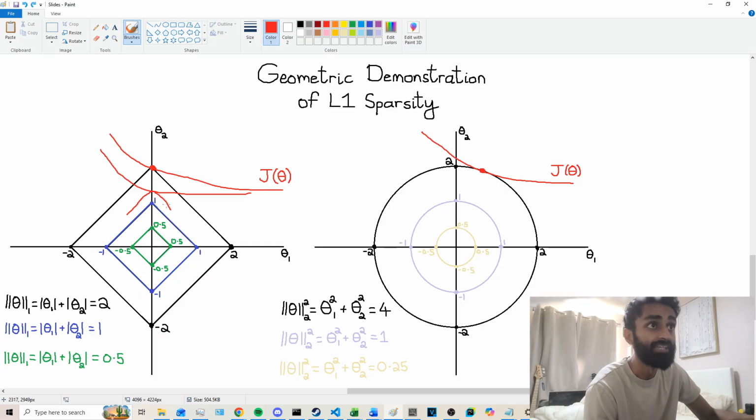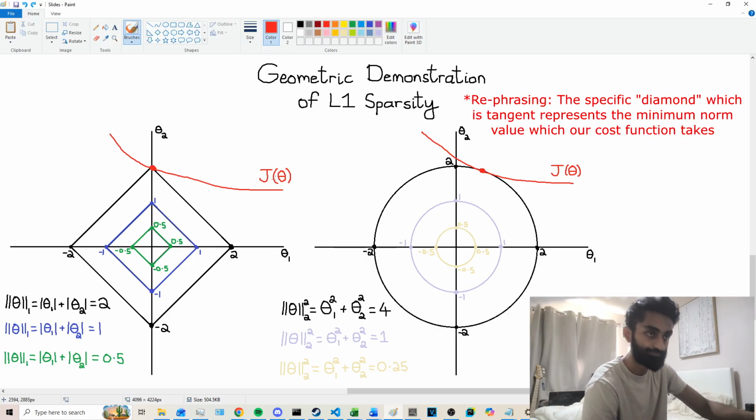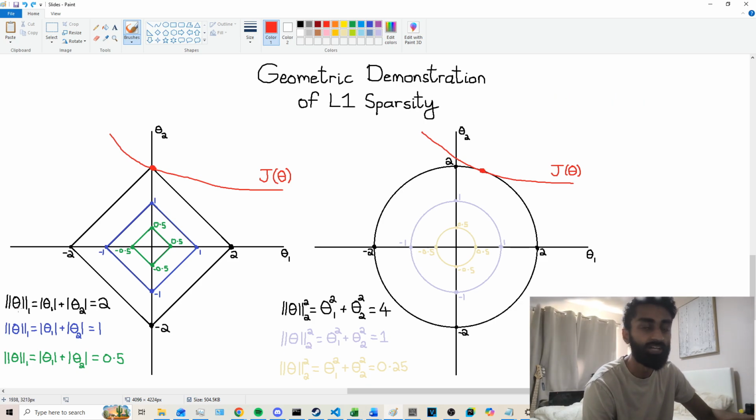So the point I'm making is you can scale this diamond to be whatever you need so that it's tangent to your cost function, and that would be your minimum when you also add this normalization term of the L1 norm times lambda. So keeping that in mind, we see that this diamond shape, this point, makes things susceptible to hitting specifically at